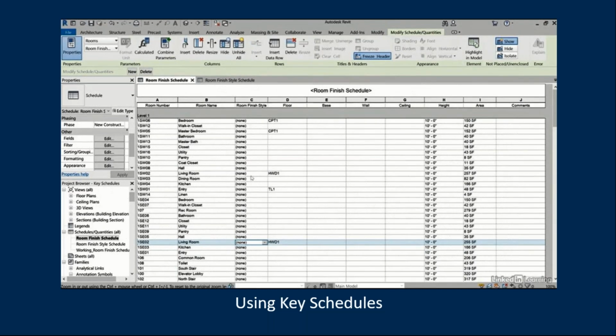Okay, and here you can see now that we've got the parameter for the style, and those are the different keys that we just created. So you could go one by one and select the style. You can see it then automatically populates the finish style, but still for 170 different types of rooms, it's going to take some time. So to overcome that,